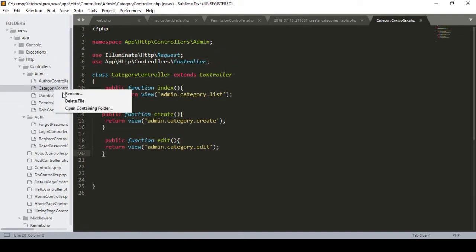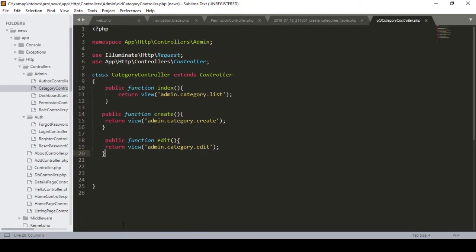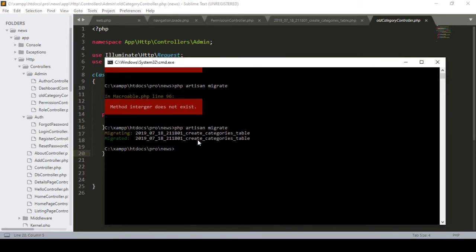So right now I'd better rename it. I just rename it as old category controller, and now I want to create a new one for our project. So here I want to create a controller for our category. I define it as php artisan make:controller, and now I have to define admin. That means in our admin folder it will create a controller as a category